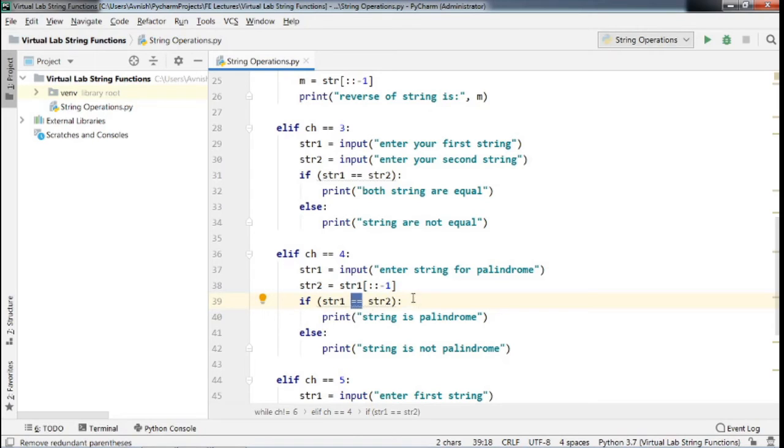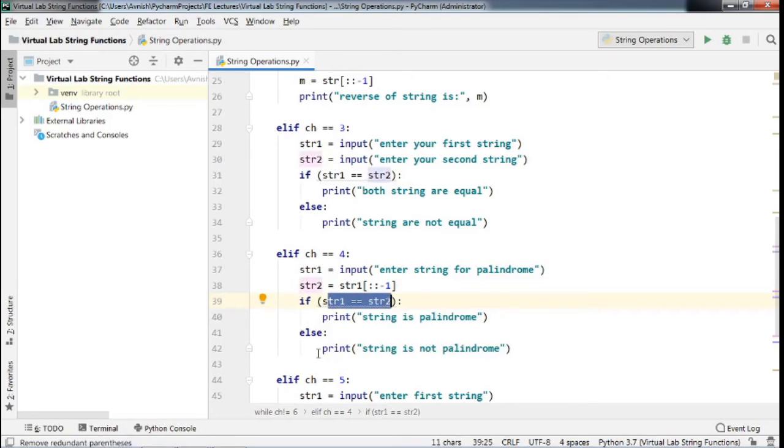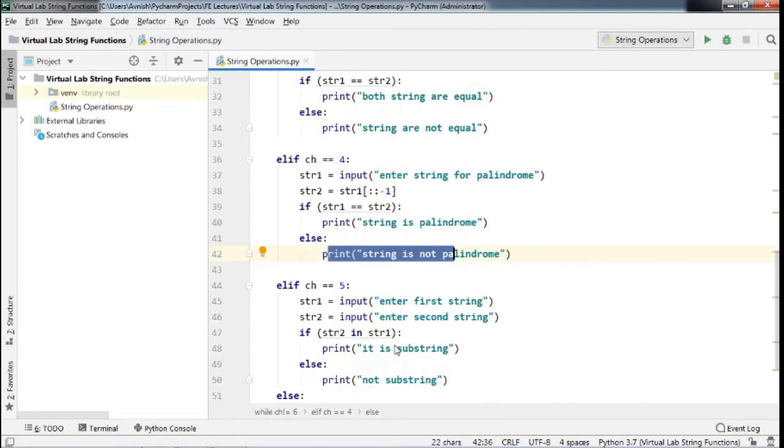If this is true, then we will print the string is palindrome. Otherwise, if this case is false, we print the string is not palindrome.